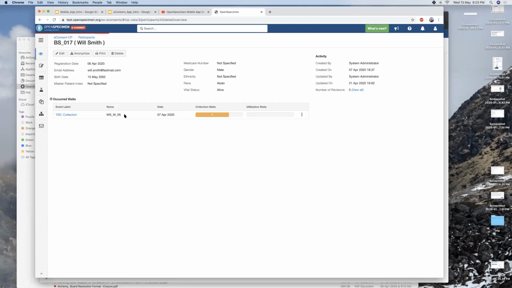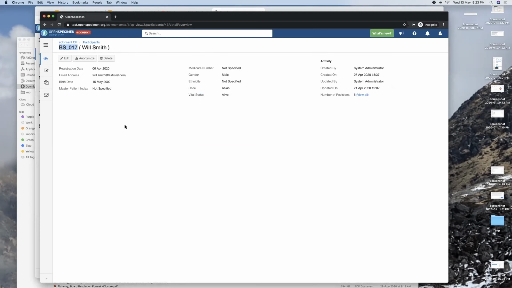So you see the difference: at the bottom you see occurred visits, and you see all the visit information. On the left-hand side you see so many things, whereas here this user can only see the patient and the consent. So this is kind of a progress in terms of you can now create users who cannot see